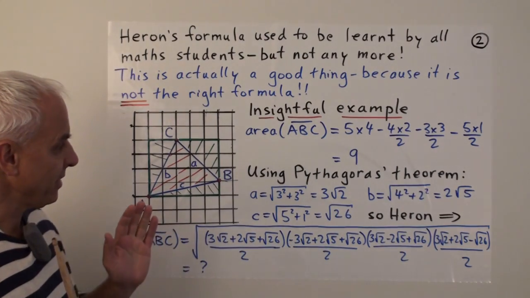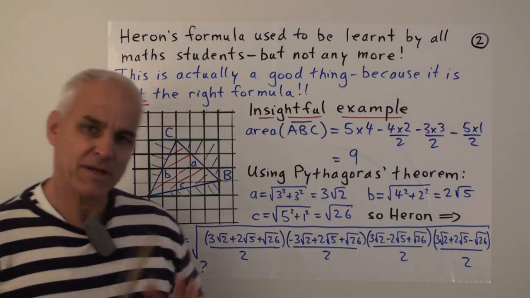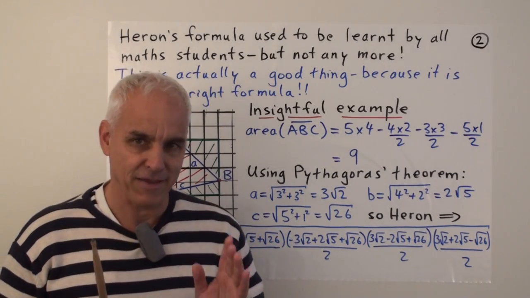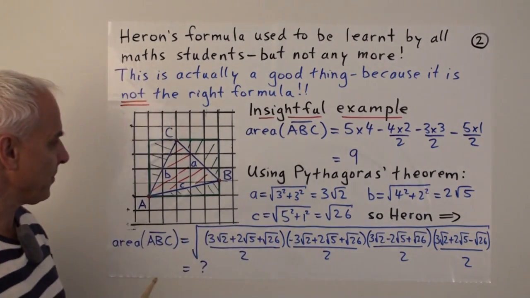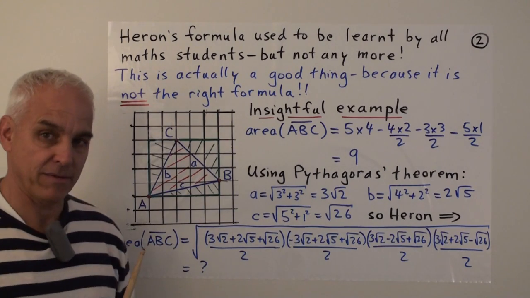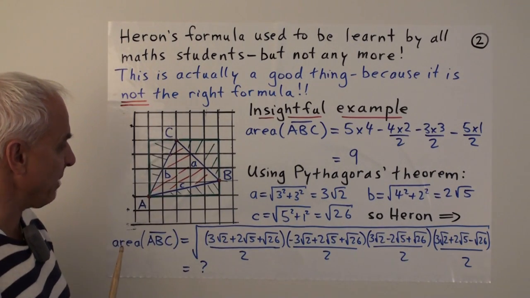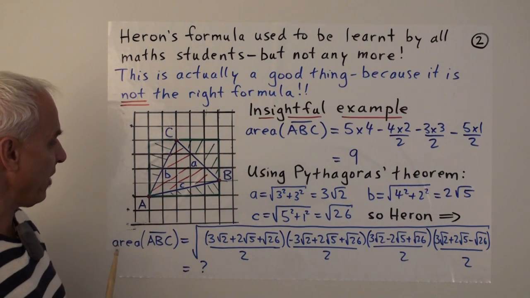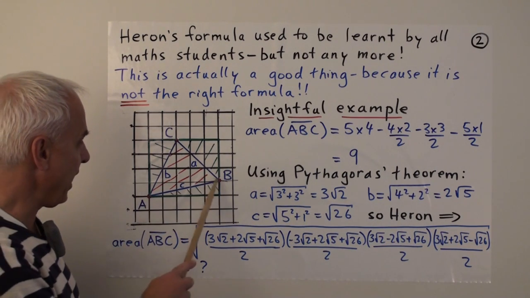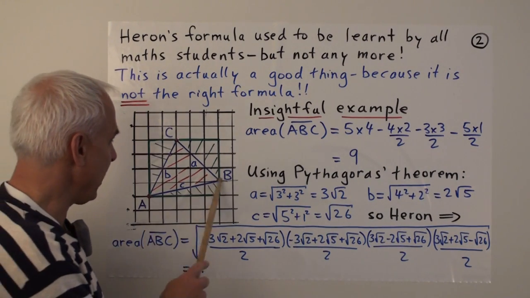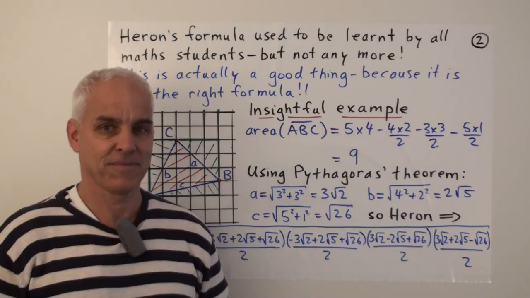Let me try to illustrate that with an example. So examples often shed light on things. So let's have a look. Here is a grid plane, or just a bunch of parallel, equally spaced lines in the x and y directions. And here's a triangle, ABC. Okay, and let's consider the area of this triangle.